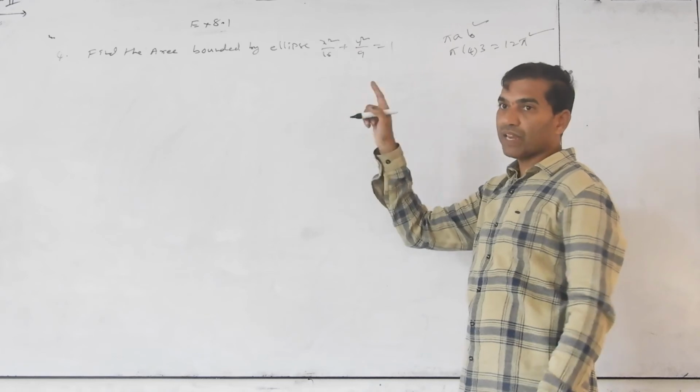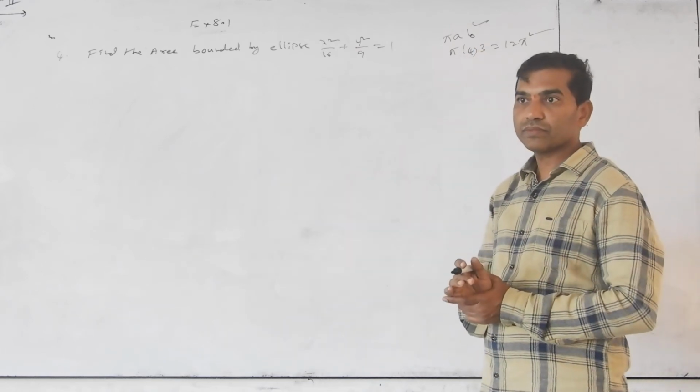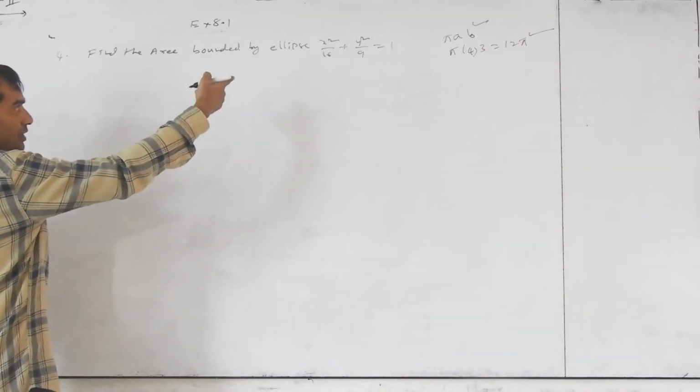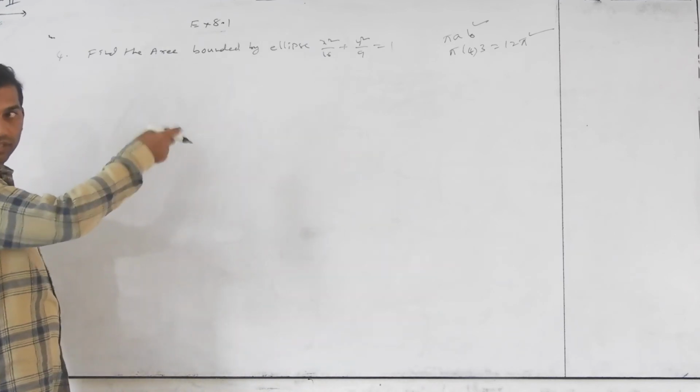But if you get a 5 marks question, don't use this formula. You should do it the full way. The way of proving is the same thing, with a as 4 and b as 3. We have done this in the earlier question.